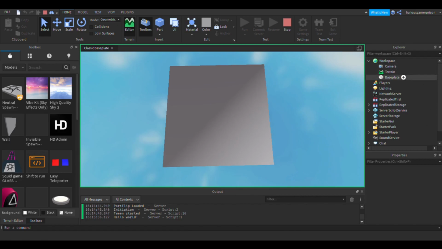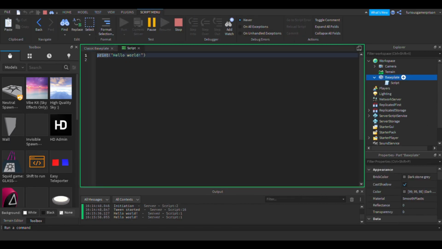Alright, so tweening will be handled from a script, so we can insert a new server script and write local ts equals game:GetService("TweenService"). Local part equals not necessarily script.Parent, but whichever part you want to tween, and then local